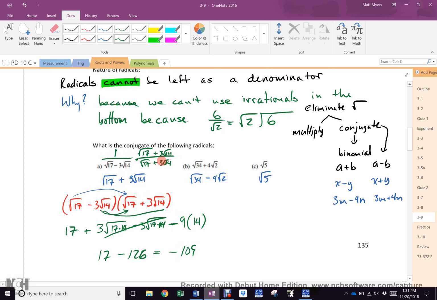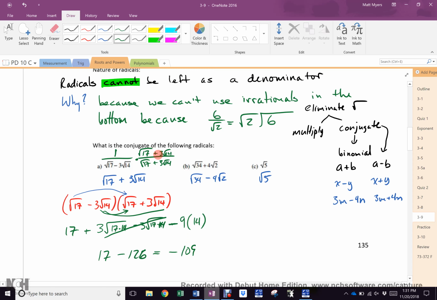What does that equal? 1. Why does it equal 1? Both the denominator and the numerator are the same. If I multiply something by 1, does it change its value? No. So have I changed this side's value by multiplying by 1? No. What have I changed? How it looks. I have a denominator that I can work with, and my numerator is root 17 plus 3